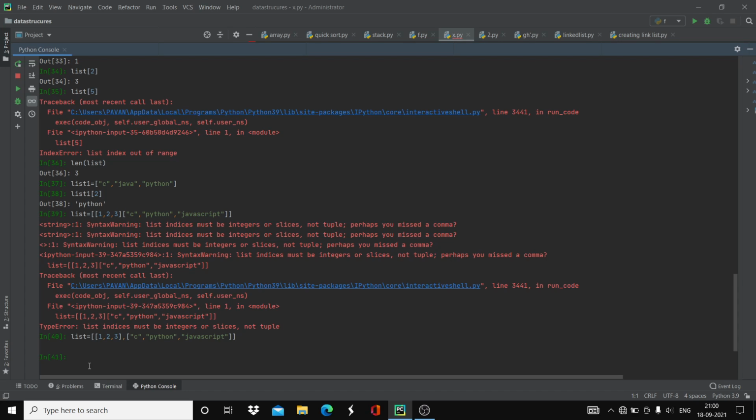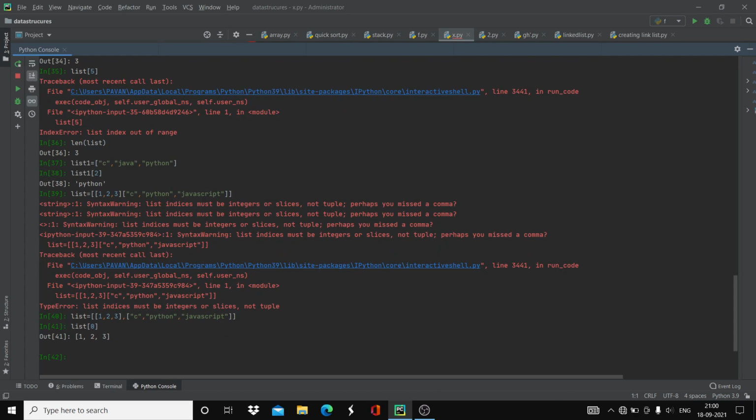So for example, let's say I want to access list of 0. If I do list of 0, it gives the first list. Inside the list, two lists are there. Now when I say list of 0, it is giving the first list.